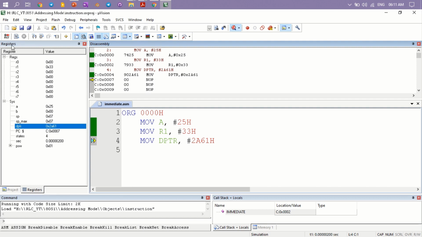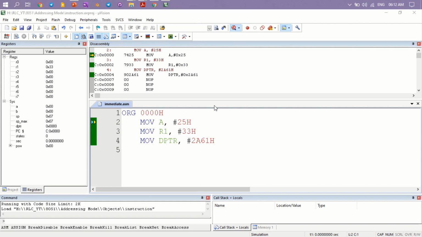Now when I press the reset, as we have seen in the pin description, when the reset button is pressed, all the operations of the microcontroller will be stopped and the program counter will be set to 0. So when I press the reset button now, we can observe here the A value has been changed to 0, the default, the DPTR value has been changed to the default, the program counter value has been set to 0, but we can see the register values are not changed. Register values are not changed. This is with the reset button.